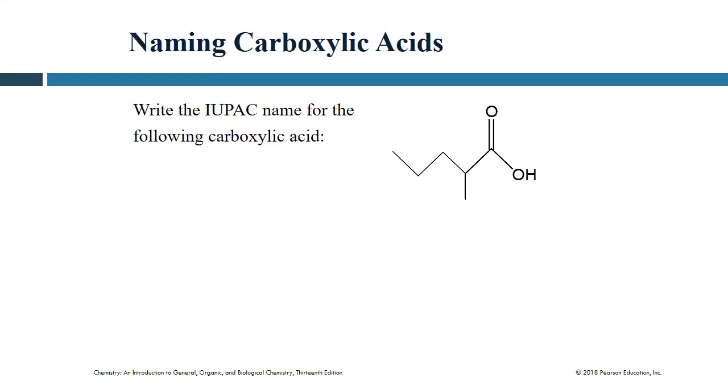Okay. Let's go and do a couple of naming examples just to get into the habit. So again, the combination of the carbonyl group with this hydroxyl group, we collectively refer to this as a carboxylic acid functional group. So in both of the homework sets for this chapter, I've put in some specific questions asking you to identify functional groups. When I'm asking you to do that, this is the kind of thing I'm looking for